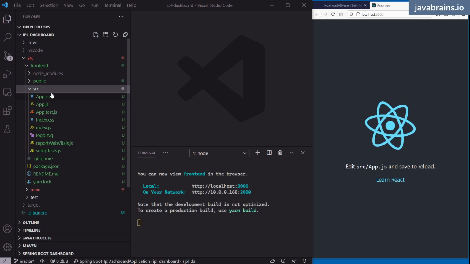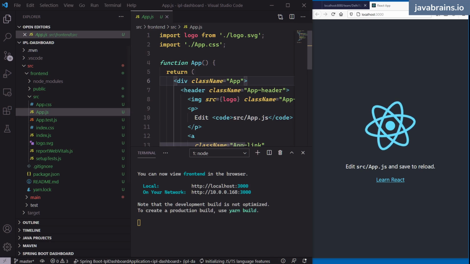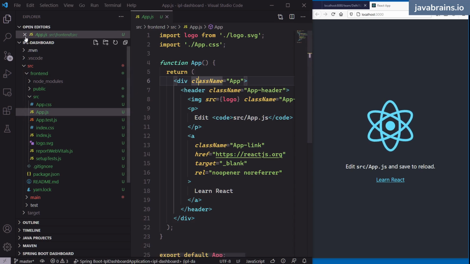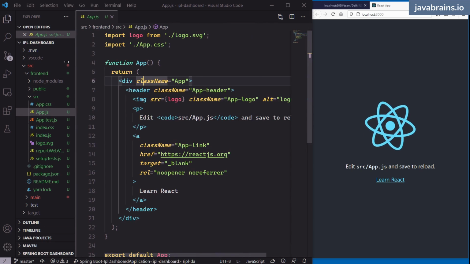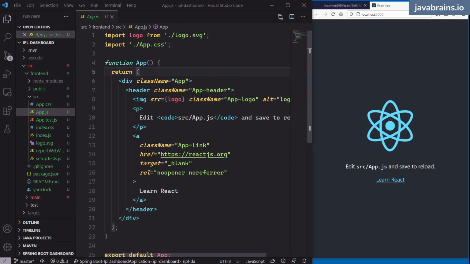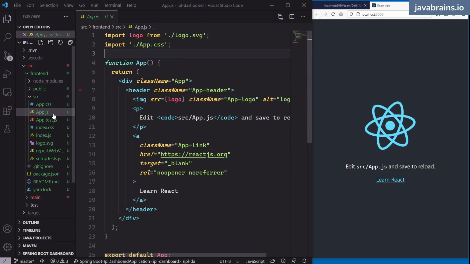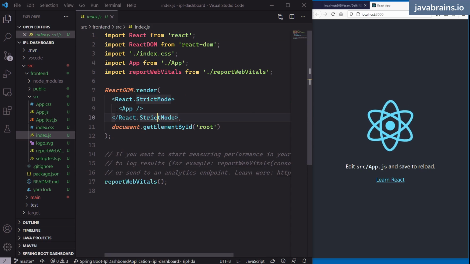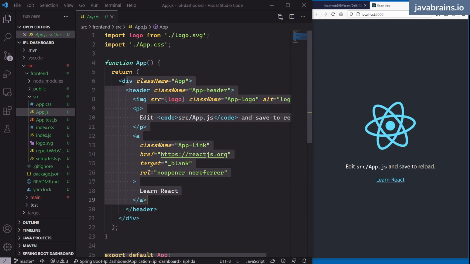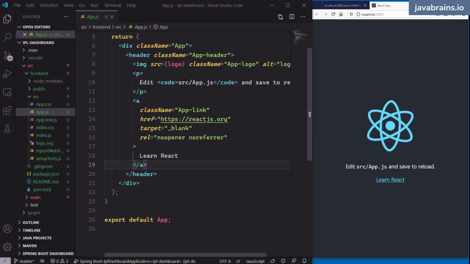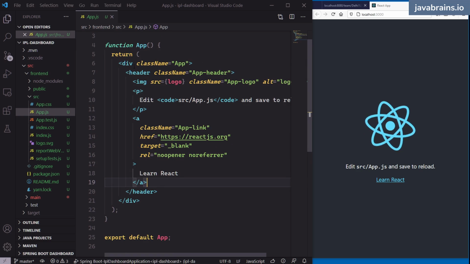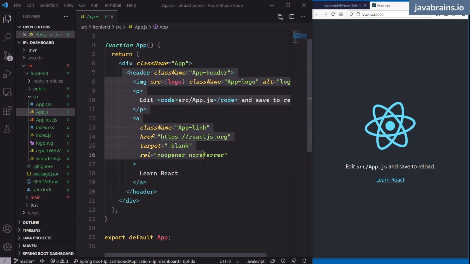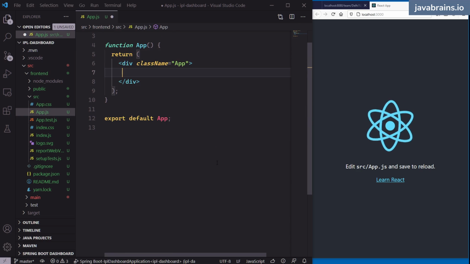Now, this React app has app.js, which is basically, at this point, the starting point for this React app. This is not a React tutorial, so I'm not going to get into a lot of detail here, but basically this is a component which is starting this application. If you look at index.js, your whole app is this App component. Now I'm going to remove all this stuff here so that it is just this div,